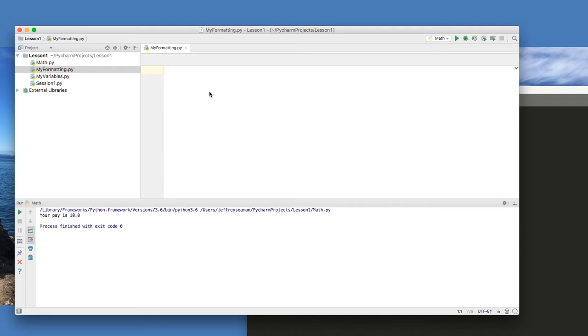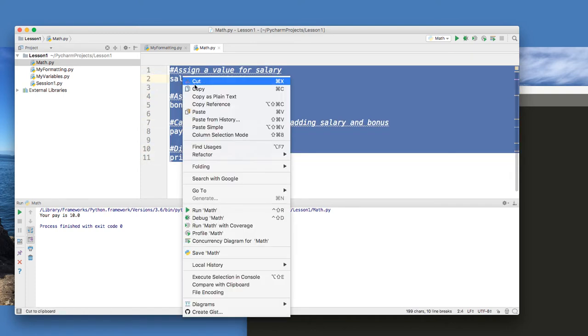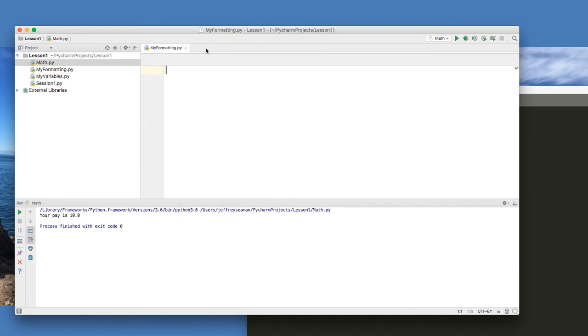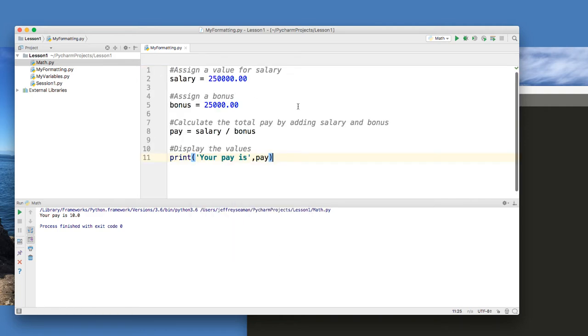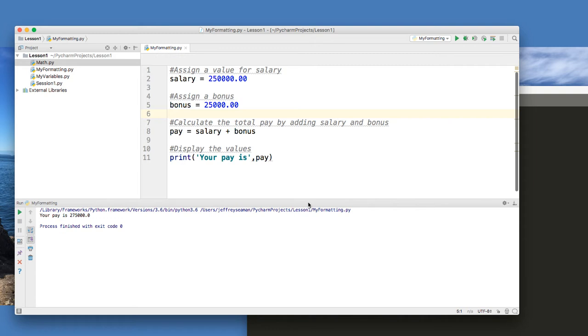let's come up with a way to display information on the screen. So let's come up with some type of calculation. So we could probably go back and use my variables. We could come back and use math. So let's use this, copy this over to this screen. Paste it. We know that it runs like that. So let's do the add instead. We know that that works like that. Fine. So let's